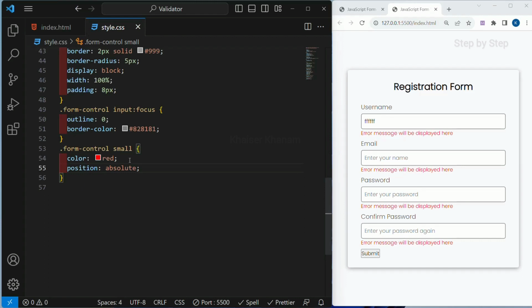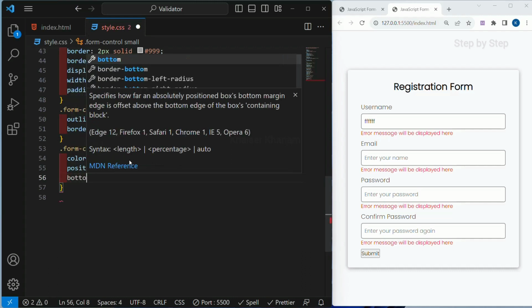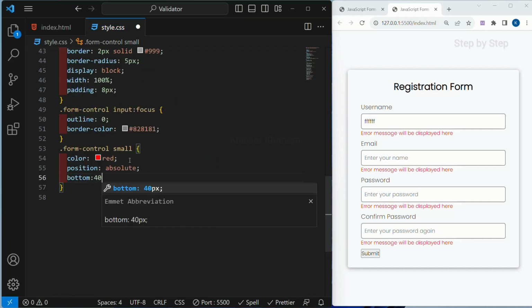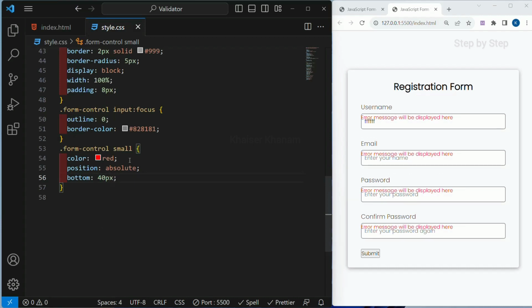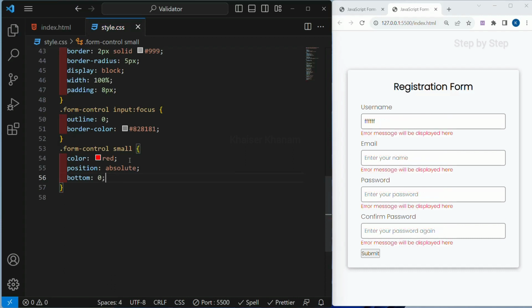So what happens? We are giving position so that accordingly, wherever we want, we can display the message. Now if I just write here bottom to be 40 pixel, save this. You can see bottom, it has gone above. I do not want this one. I will be giving 0 pixel,